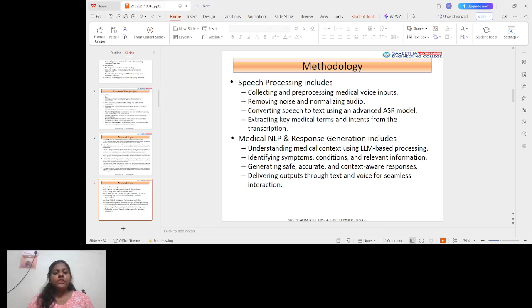The NLP uses LLM-based processing to understand medical context, as we have used Gemini 1.5 Pro, which is a highly capable LLM. So it will give accuracy for what the patient is asking,